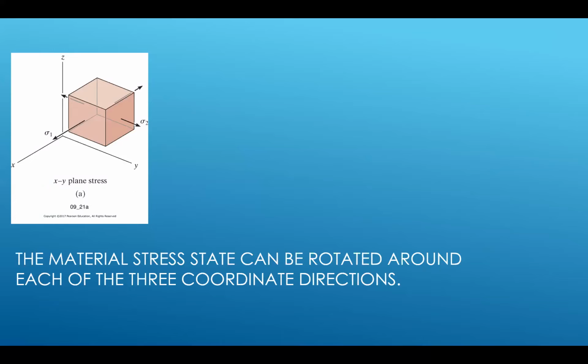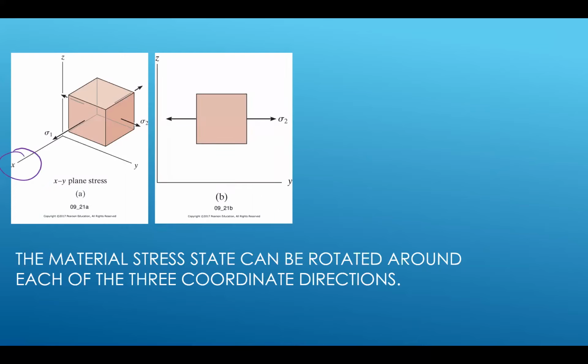So if we look at this material from the perspective of the x-axis and we look towards the material, what we're going to see are just normal stresses acting on the side, sigma 2, right? This sigma 2 is what we see here. And we're just looking at the YZ plane. So if we look at the YZ plane, we only have 1 normal stress acting, and it's acting horizontally. So if we were to draw a Mohr circle for this